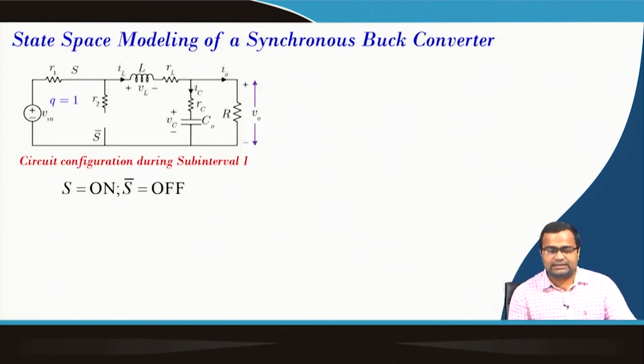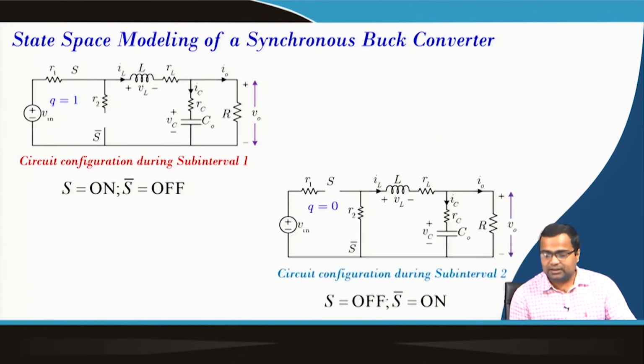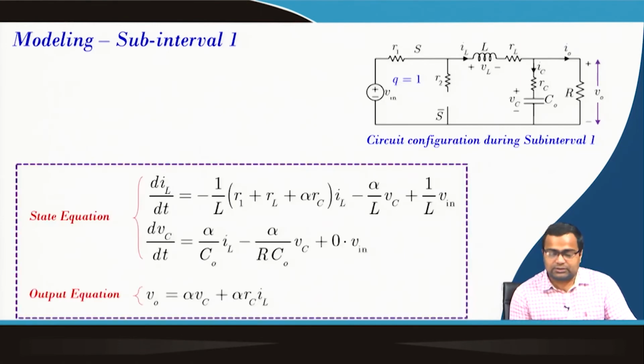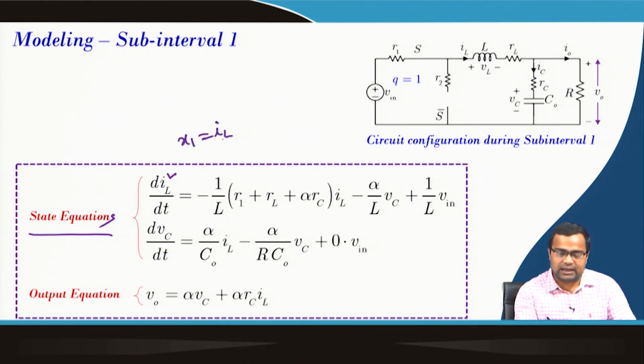Now, in the practical DC-DC converter we have two sub intervals, switch on and switch off. This we are talking about in continuous conduction mode, because we are using synchronous configuration. Then we can write down the equations under each configuration. That means, when the switch is on, what are the state equation and the output equation, and we are taking the inductor current to be one state x1, that means x1 is IL and x2 is